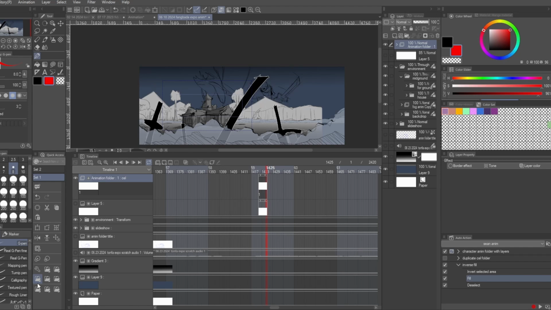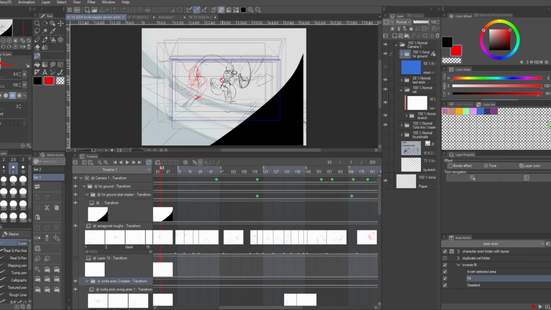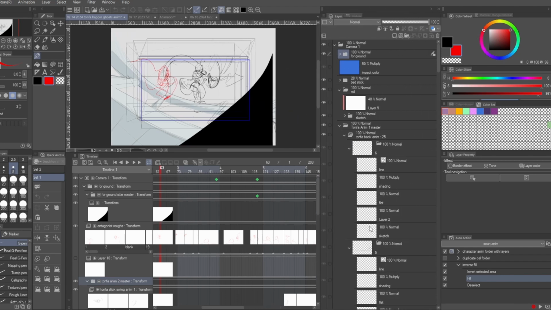Keep making cool stuff. If there's any of these scenes that excited you, like this one, again, I'm working on it right now. It will go up eventually, but feel free to ask questions about it. If you like this one, it's in one of the Hit Cam episodes. This one is also in the Hit Cam episodes, and it's actually one where I used my Tonfa, my character auto action tool. You can see all the beautiful little layers there, and right now they just have the sketches, but